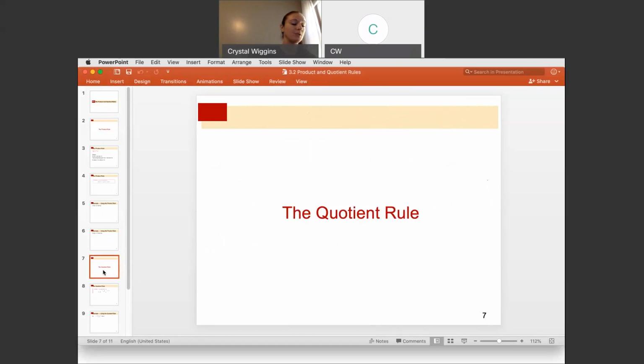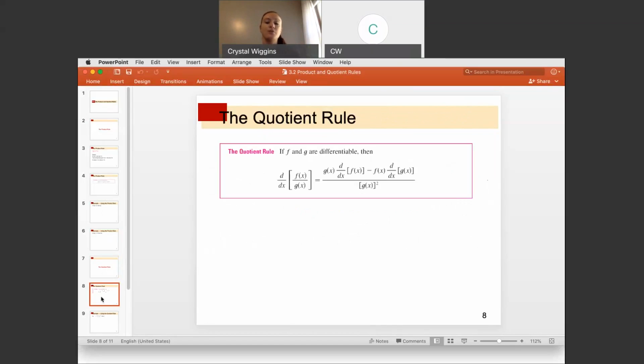Now the quotient rule is a bit more complicated. It's when we are dividing two functions. And again, the quotient rule, let me write this out because I actually don't have it written. So the quotient rule, you have to recall that this is very similar, where if we are dividing a function